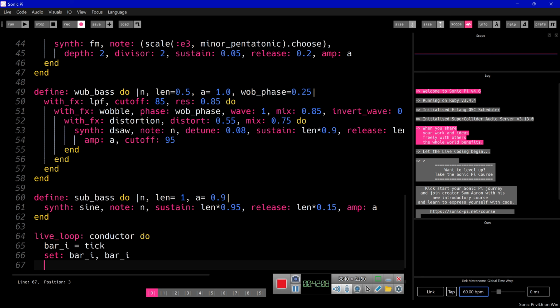And after this, we set them as bar_i. So this stores the bar number in the global time state so other loops can get the bar_i. So it's kind of globalizing it. And after this,